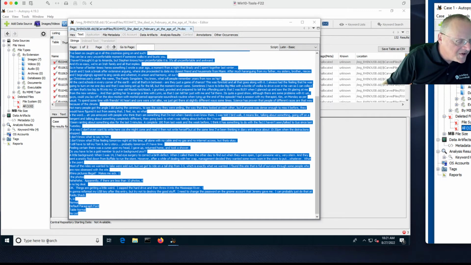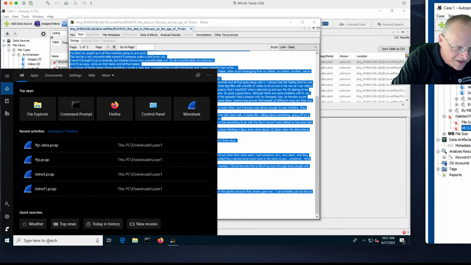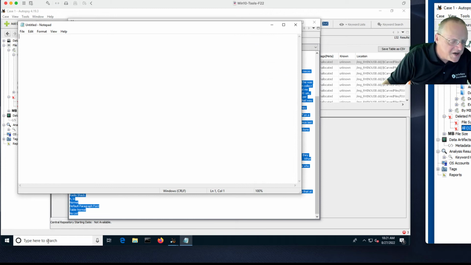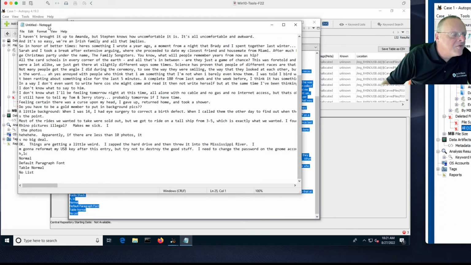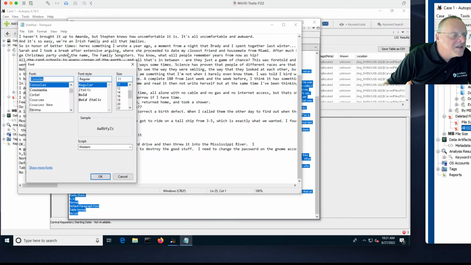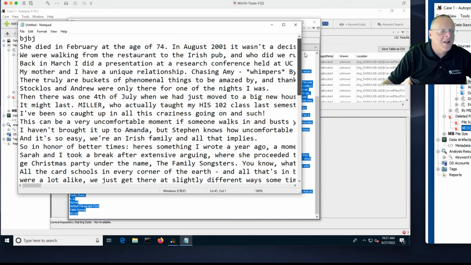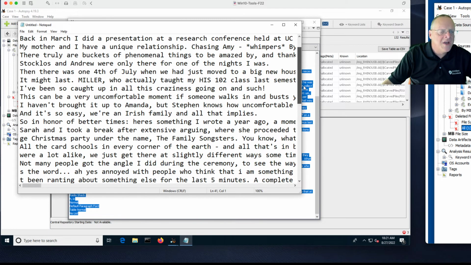I'm sure there's some way to do it inside Autopsy, but I haven't figured it out. Let's go to Notepad. Good. And put it in here. And now I can make the format bigger. All right. There. So anyway, this has a lot of text in it, and as you read through here, there